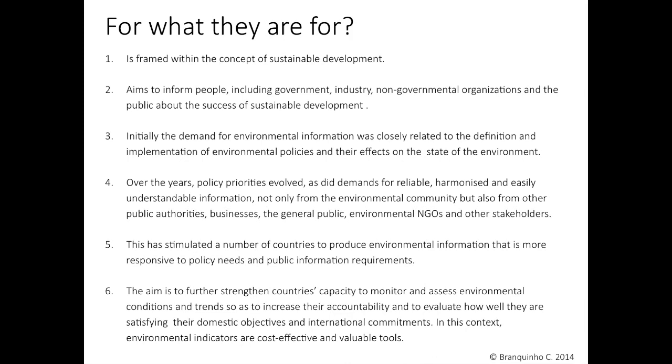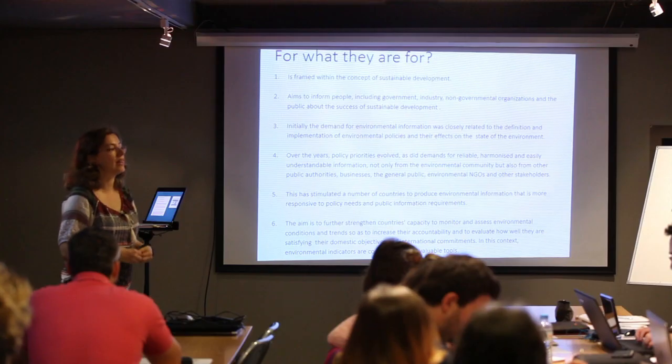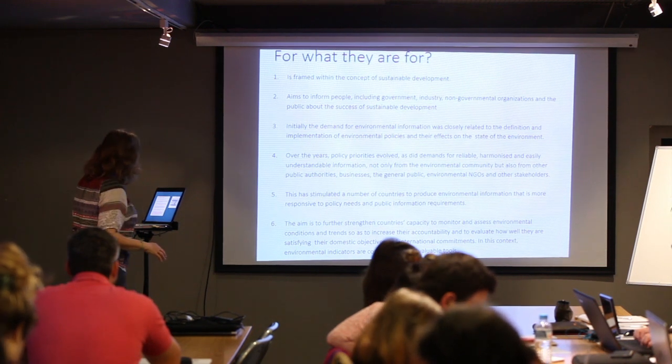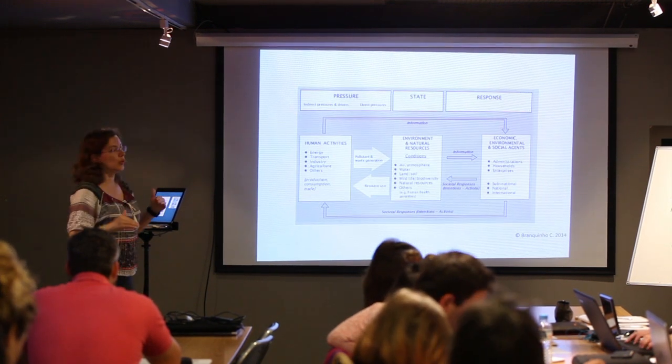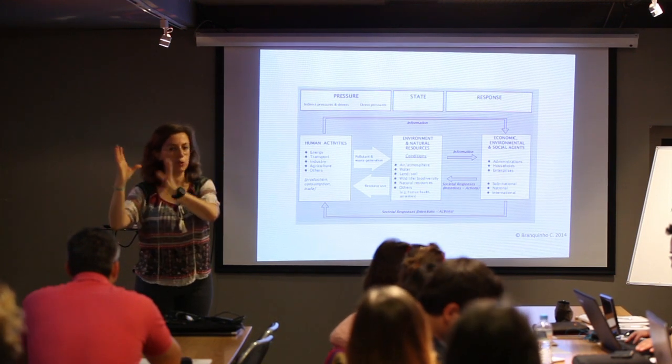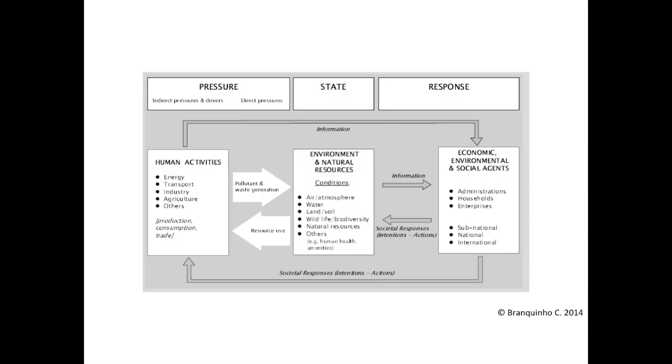Then, of course, there are a lot of environmental indicators, for example, the number of people that have potable water, or something like that. That is also an environmental indicator. We will not look at those in detail, but it's a kind of history. So the environmental indicators started, and the ecological indicators would be a group within the environmental indicators, okay? So just for you to know, the first